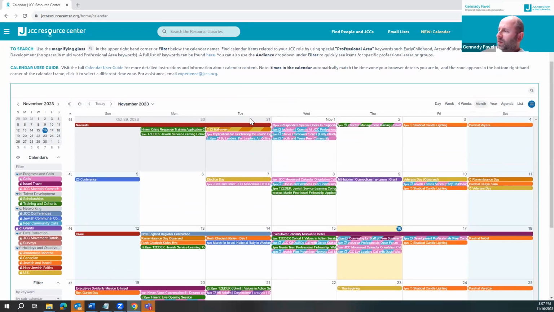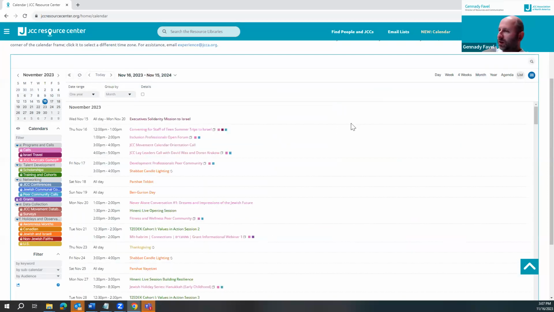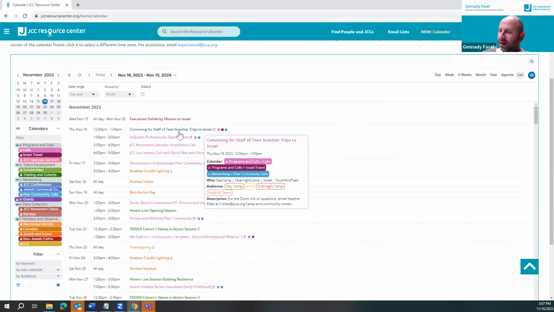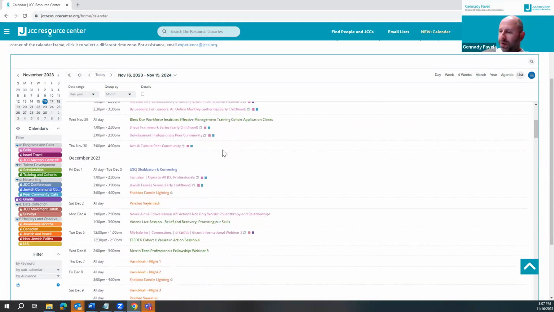So we can quickly take a look at the different views. Right now we are looking at the 1 month view of November, and we're seeing all the different opportunities available there. Another way to look at this is a list view. So we're going to click on list, and right now we're looking at 1 year, and this is a way to quickly see and scroll through all the opportunities for a given period.